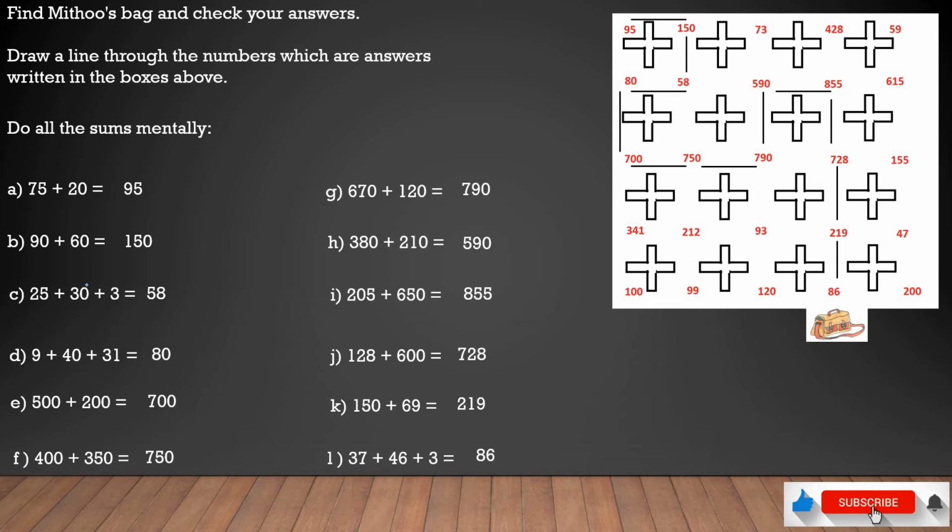And if you practice a lot, then you will also easily be able to add these small numbers and these bigger numbers, like this 37, 3. This should be easy to add, but it will come with practice. So you can try it on paper and see if your answers match with our answers, and try to trace this path in your rough notebook. Let's move to the next exercise.